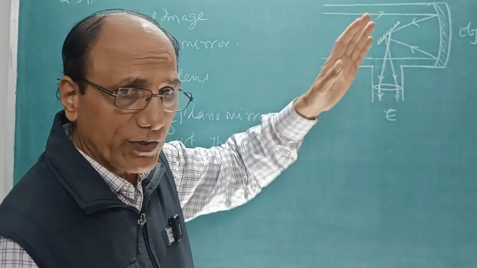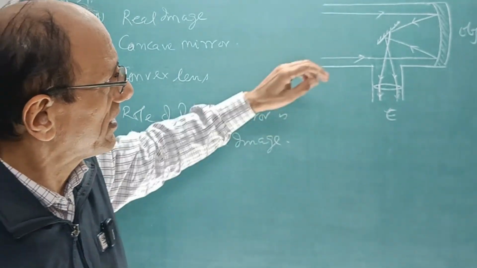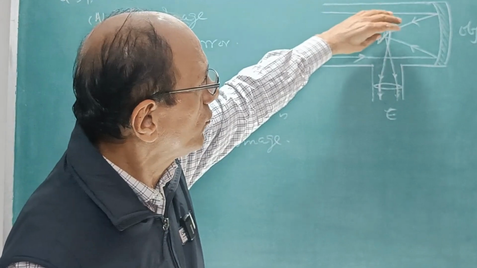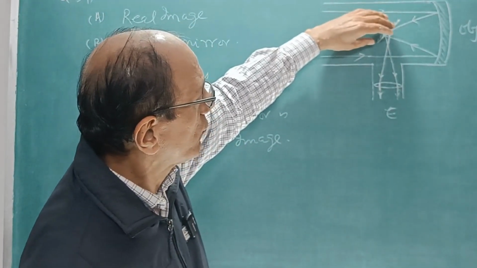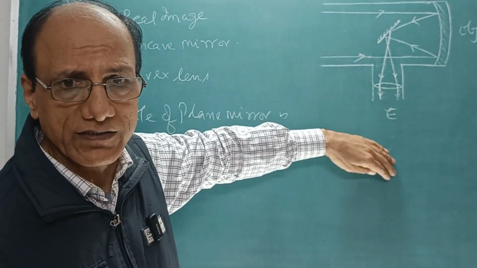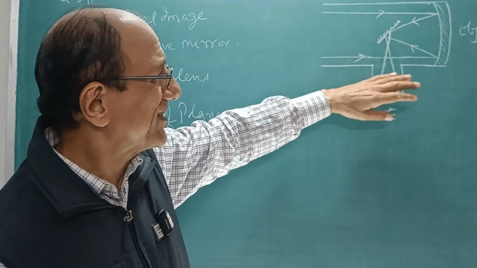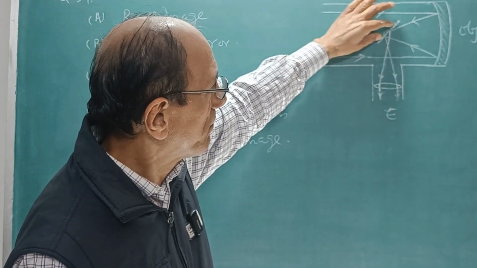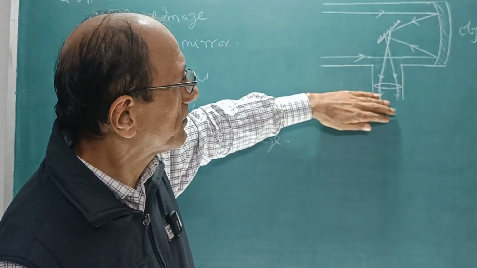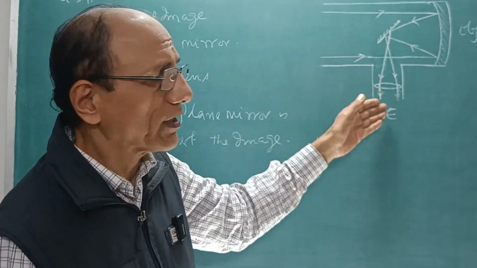And D, the role of the plane mirror is that it is going to invert the image. The second role is to make these rays divert to the eyepiece. That means the rays are directed from the plane mirror to the eyepiece. In the absence of the plane mirror, these rays will not be able to reach the